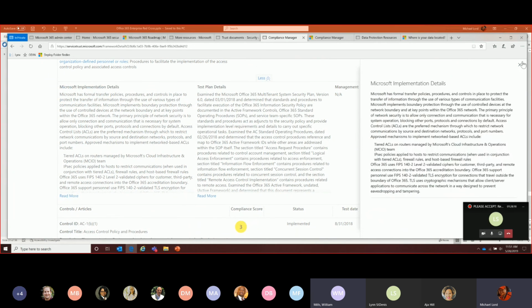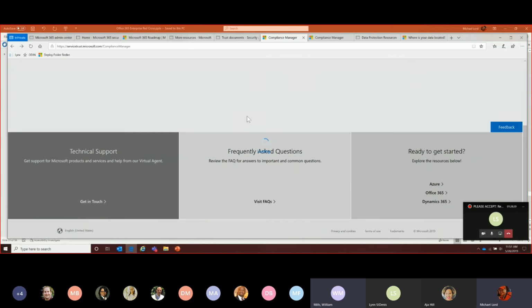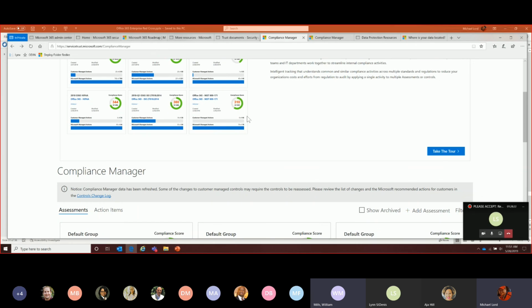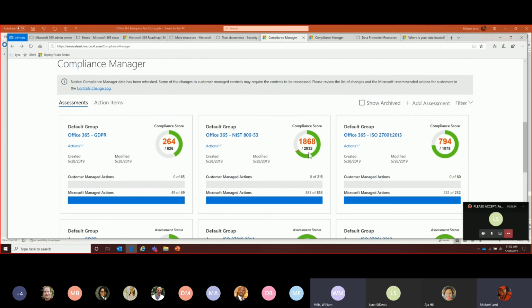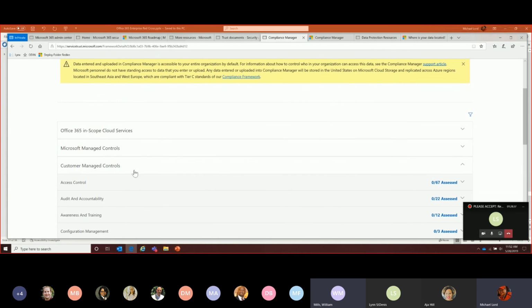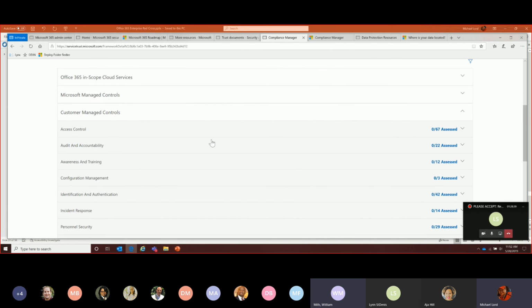So instead of pulling out all these PDFs and trying to read them all, we provide you a tool that says, okay, what are the Microsoft responsibilities? What are the Red Cross responsibilities? How are we meeting our responsibilities? And if you choose to use it, this customer managed action section allows you to track that side.